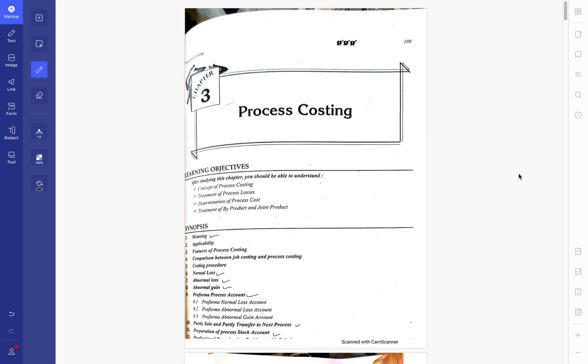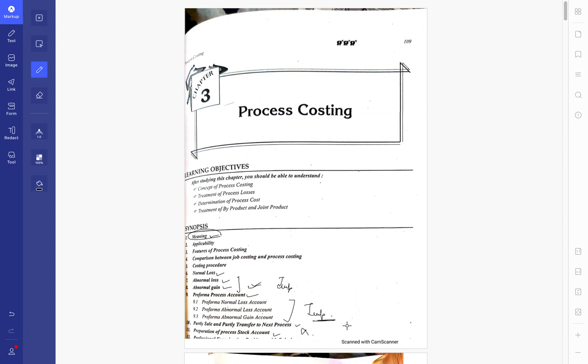Today we have the chapter process costing with us. It is chapter number 3 in our costing textbook. This chapter has several parts we need to cover. First, the meaning of process costing, then the different types of loss or gain we can have in this chapter, that is extremely important, and lastly, the basic ledger or proformas of this chapter, again an important concept. Rest is not really that important.